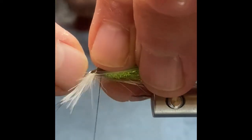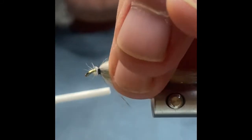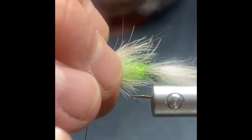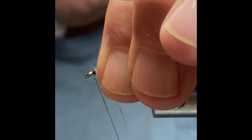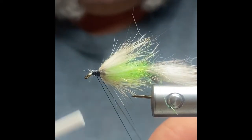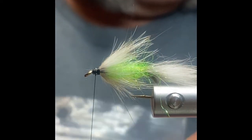Now we'll just sweep all this back. Bring our thread in front. And you want to wrap this down right in front of that dubbing so it flares the collar. Okay. You got a step right there, so we'll bring that up just a little bit. There we go. Half hitch so we don't lose everything. And our next piece of material